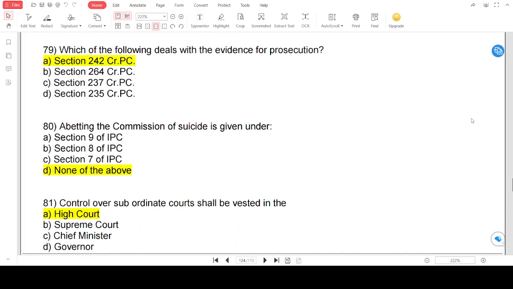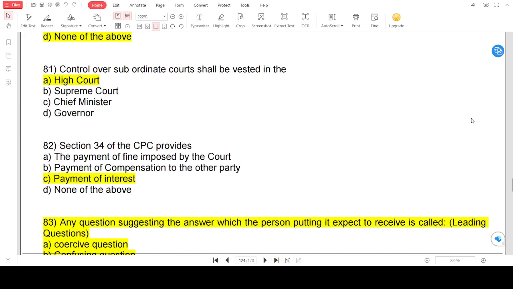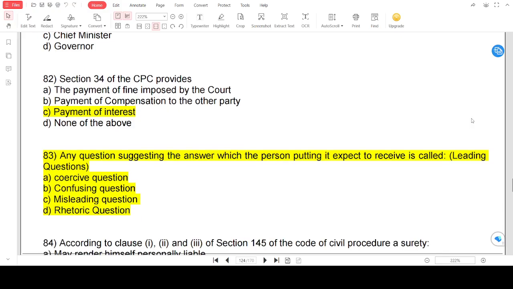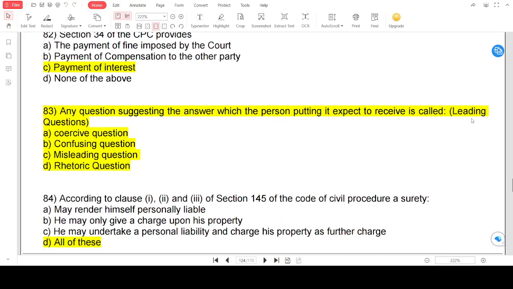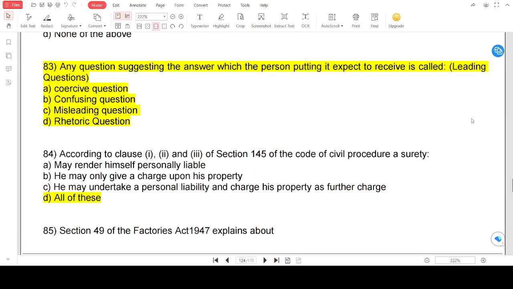Control over subordinate courts shall be vested in the High Court. Section 35 of the CPC provides for payment of interest. Any question suggesting the answer which the person putting it expects to receive is called a coercive question, confusing question, misleading question, or rhetorical question. According to clauses 1, 2, and 3 of Section 140 of the Code of Civil